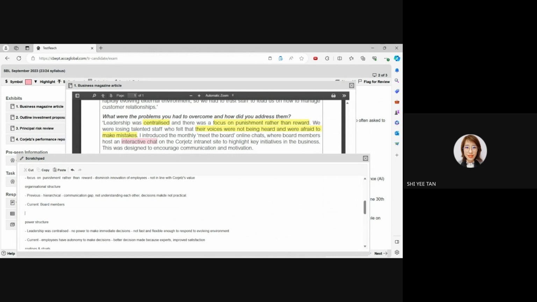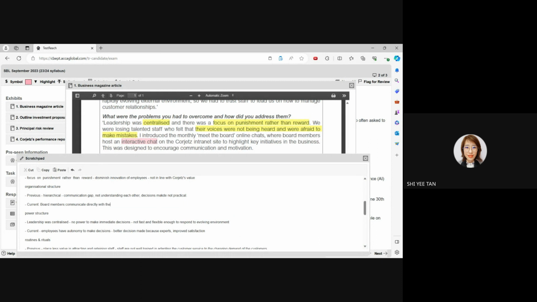Okay, so currently the board members communicate directly with the employees, right? Through interactive chat. So what is good about this? What is the impact? The impact is we can listen to the employees, get new ideas, and also let the employees understand us, right? Get ideas from employees and allow employees to understand,